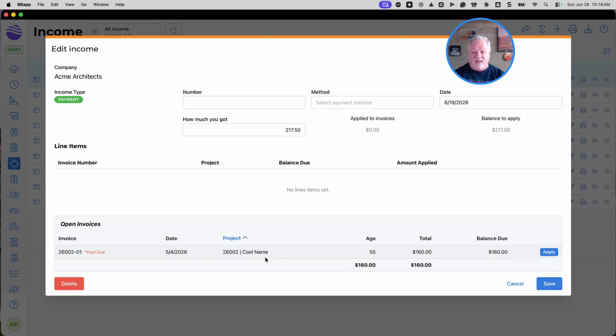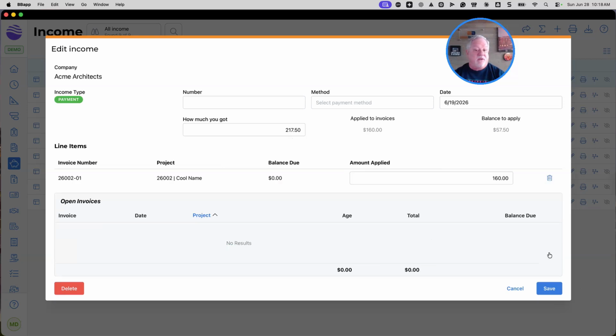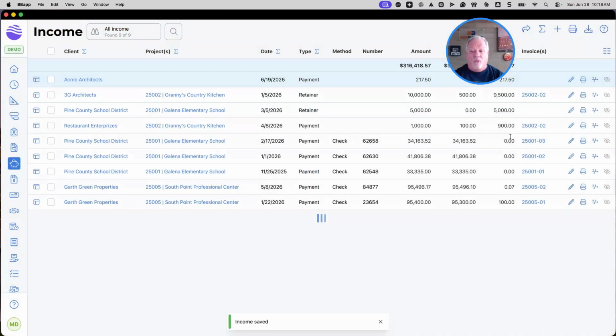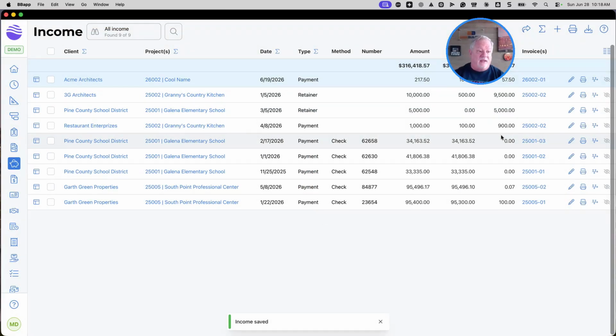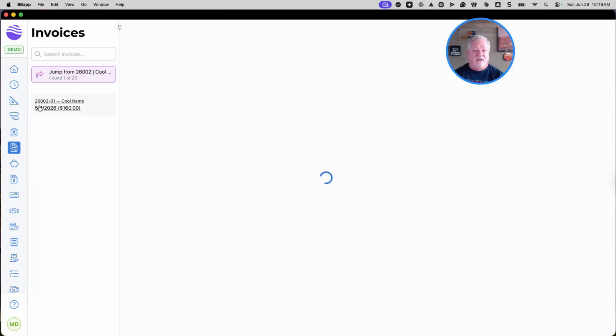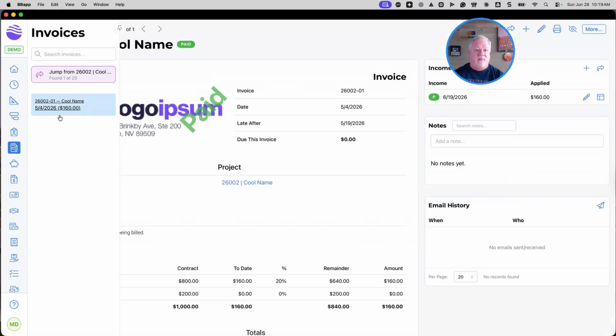And now we can see the invoice has $160, but we received $217.50. I'm just going to apply it. Now it only applied $160 because that was the balance on the invoice. And I'm going to hit save. What has happened now is there's a $57.50 credit on that client's account. And if I go back over here to invoices and I look at the detail view of this one, it's